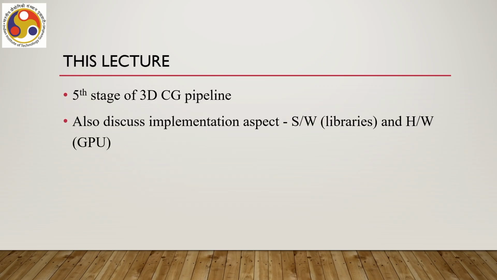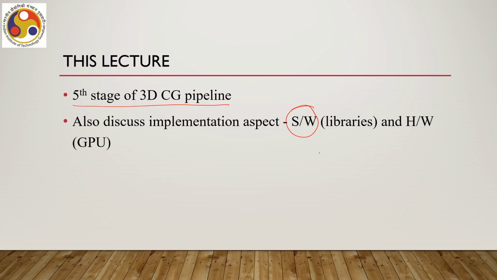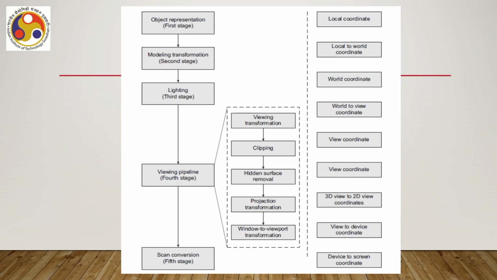In this lecture, we are going to talk about the 5th and last stage of the graphics pipeline, and also about how to implement the pipeline. We will look at the software point of view, where implementation can be considered in the form of libraries, and the hardware point of view, that is how GPUs or graphics processing units help in faster rendering. Just to put the matter into perspective,